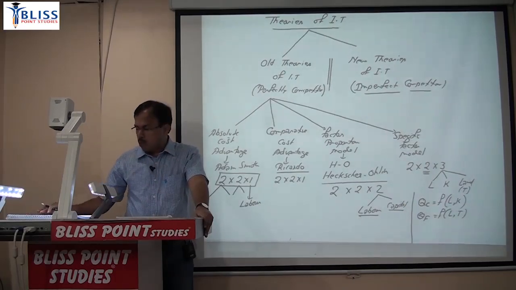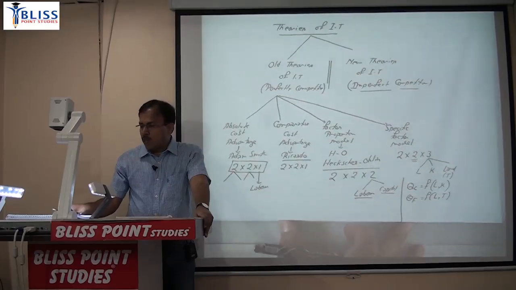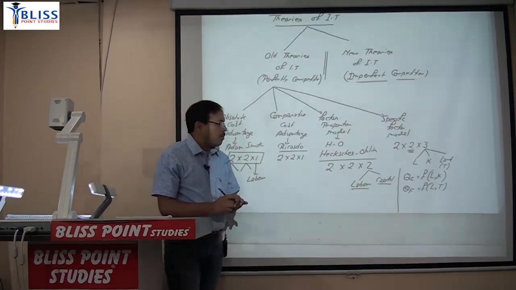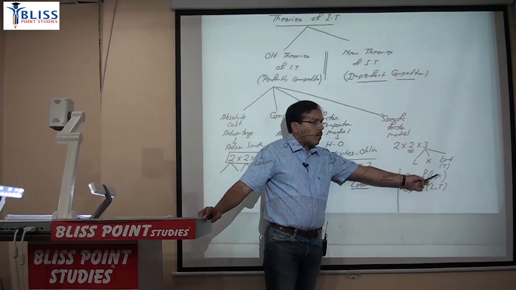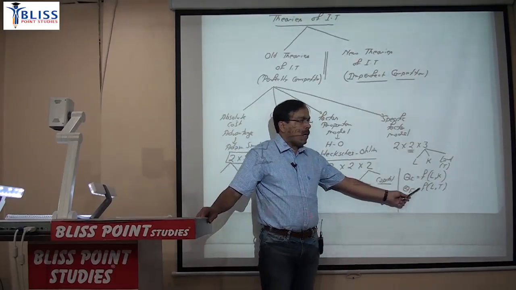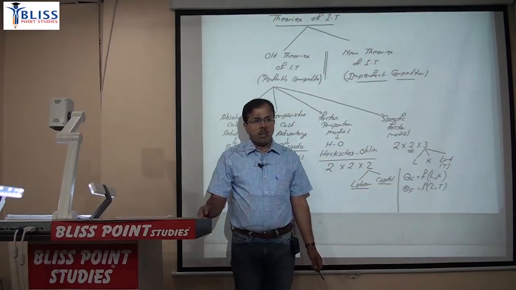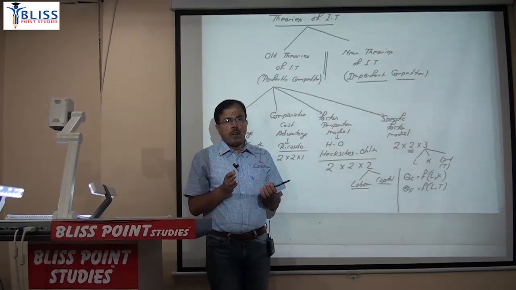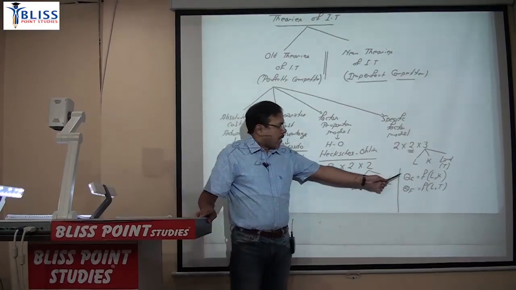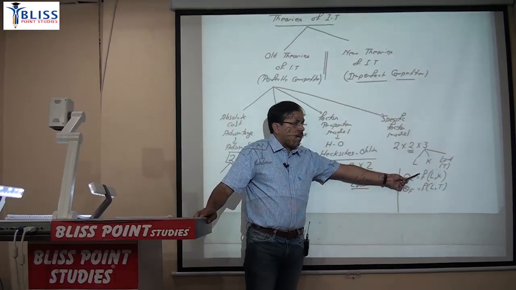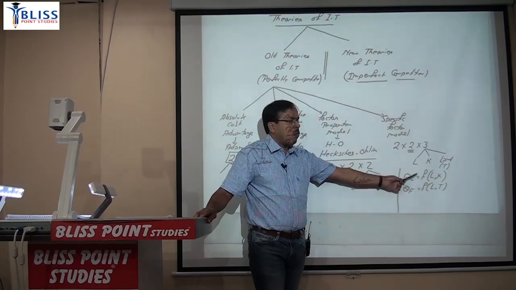This is just information, because you are creating a frame here, so make it clear. When we explain a specific factor model, what we are saying is there are three factors of production. To produce cloth we require what? Labor and capital, and to produce food we require labor and land. So what is common between these two? Labor. So labor can move from one industry to another industry, but to produce cloth we require capital, and capital is not used in food, and to produce food we require land, land is not used in